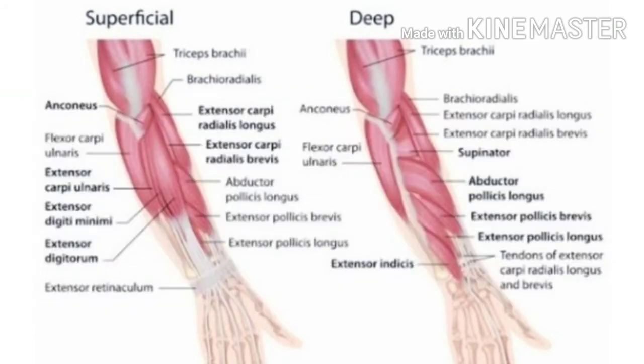So there are 5 muscles in the deep compartment of the posterior forearm. The supinator lies in the floor of the cubital fossa. It has 2 heads. The abductor pollicis longus is situated immediately distal to the supinator muscle. Extensor pollicis brevis can be found medially and deep to the abductor pollicis longus. The extensor pollicis longus muscle has a larger muscle belly than the extensor pollicis brevis and extensor indicis proprius. This muscle allows the index finger to be independent of the other fingers during extension.